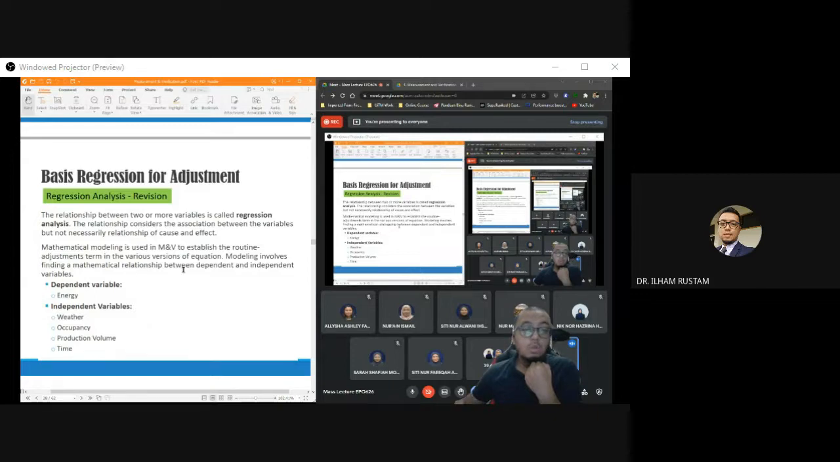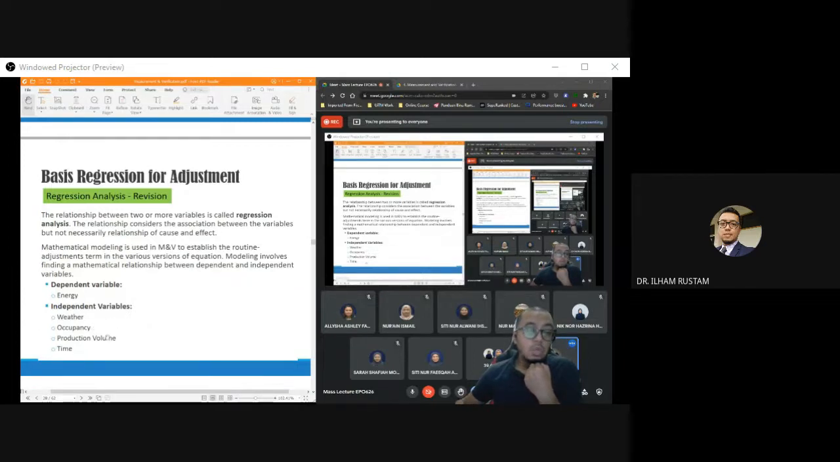If y equals x, that means x can be independent and y must be dependent on the value of x in order to get y. So in this case, the dependent variable is the energy and the independent variable is the weather that affects the energy, but the energy does not affect it. Occupancy does affect energy consumed, but the energy consumed does not affect occupancy,